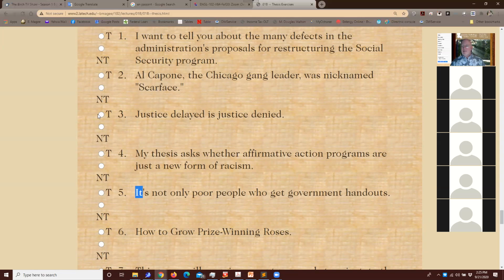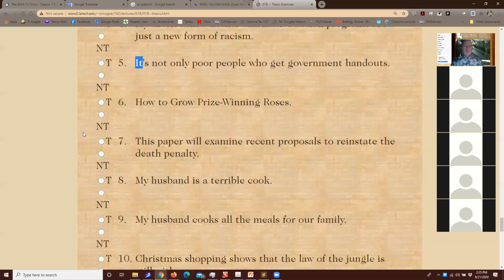So starting a sentence with "it" or "that" or "this" without the antecedent, and in a construction like this, "it" is just a way of getting the sentence going. So we want to reword it to: Poor people are not the only ones who get government handouts. Okay, who went last? Gregory. Okay, Hamilton's out. So Heinemann, if you will do number 6.